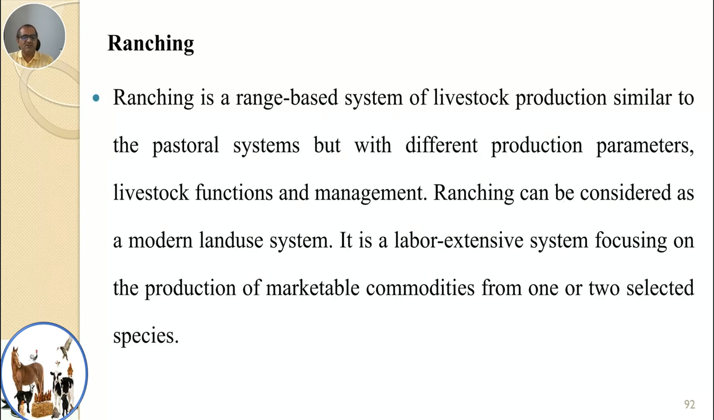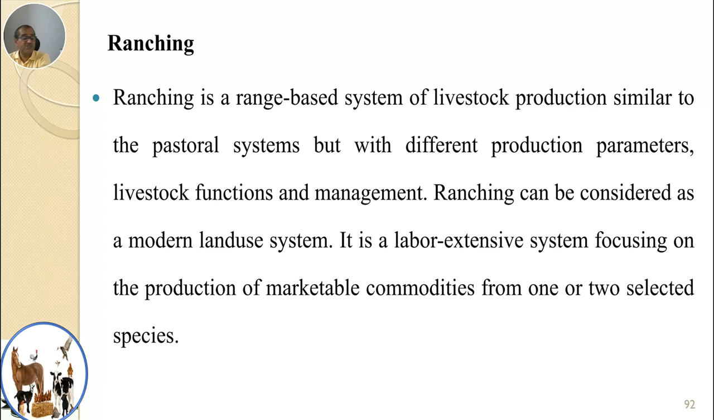And ranching, especially, is a range-based system of livestock production, similar to the pastoral systems, but with different production parameters, livestock function, and management. So, ranching can be considered a modern land use system. It's a labor-extensive system focusing on the production of marketable commodities from one or two selected types of